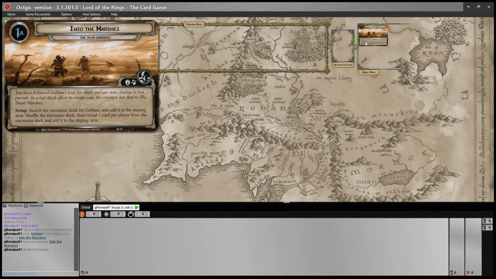You have followed Gollum's trail for days, and are now closing in fast pursuit. In the last-ditch effort to escape you, the creature has fled to the Dead Marshes. Search the encounter deck for Gollum and add it to the staging area. Shuffle the encounter deck, then reveal one card per player from the encounter deck and add it to the staging